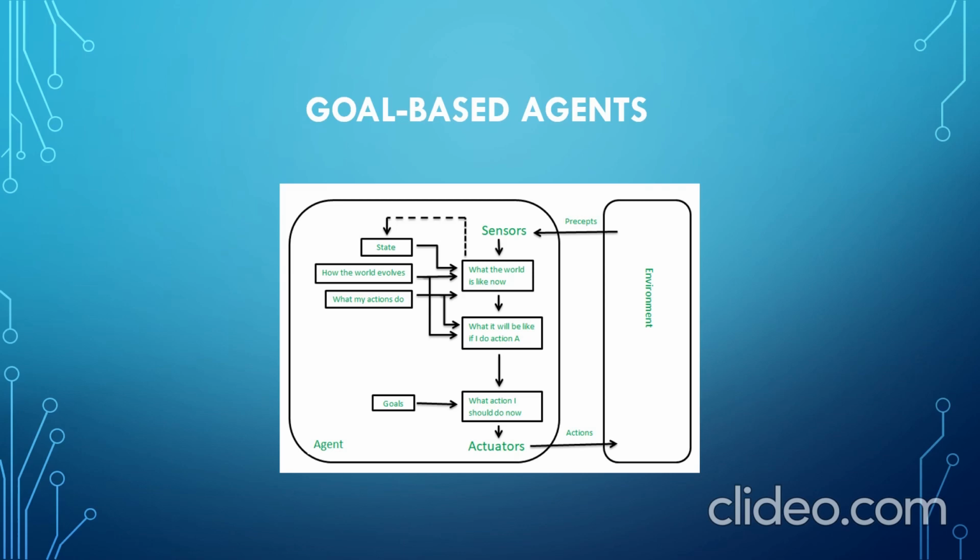The goal-based agent gets the information from the environment through sensors, like what the world is right now and what the present condition is. Like the model-based reflex agent, the goal-based agent also has its internal state and knows how the world evolves and what my actions can do. The goal-based agent mainly focuses on reaching its goal, such that it will think about what happens if I do action A, and according to the goals, the goal-based agent will work on the environment through actuators. This is how a goal-based agent works on its environment.